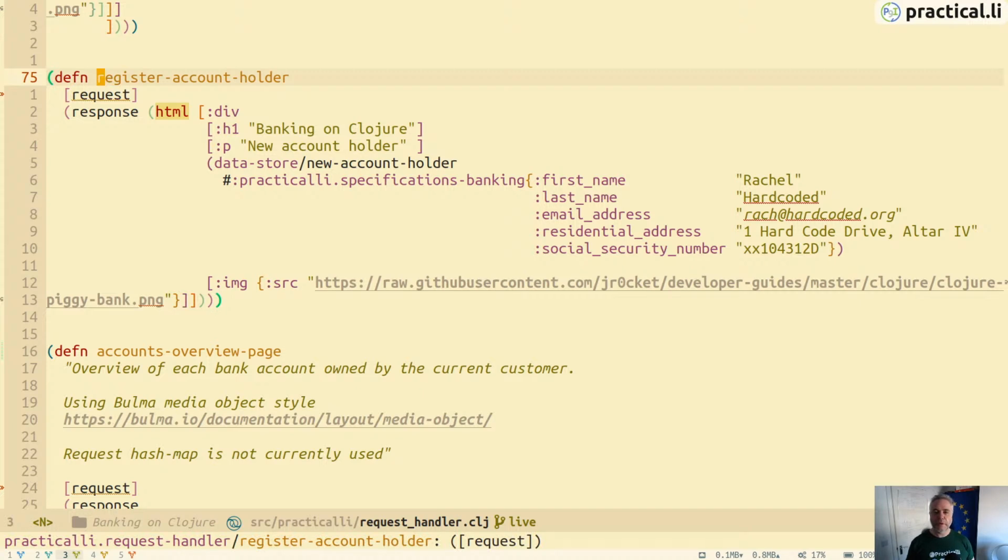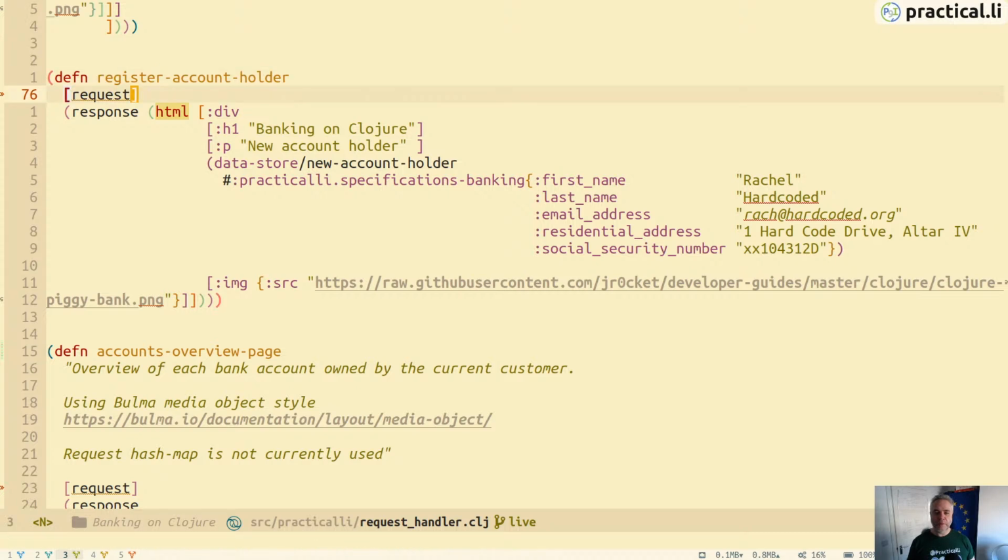I'll need to do at some point, to register the account holder. So we'll get a form, and that form will basically collect all the data that will make up the same information as the customer details spec. So first name, last name, email, residential, and social security. I have simplified these in the code to just all be strings. So residential address is just a string now, rather than being a composite specification of